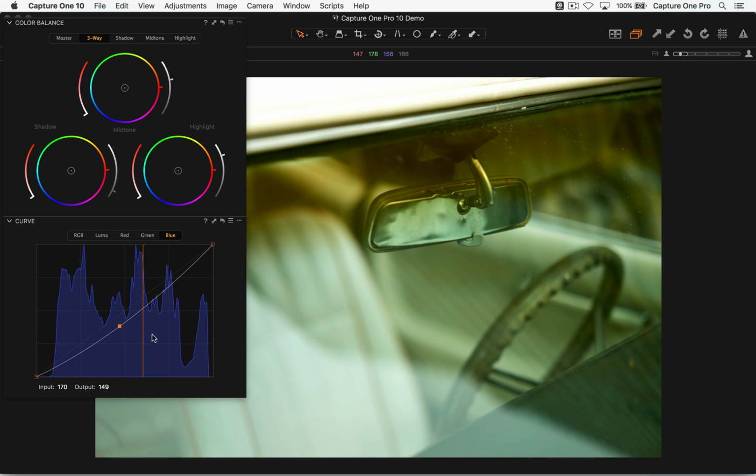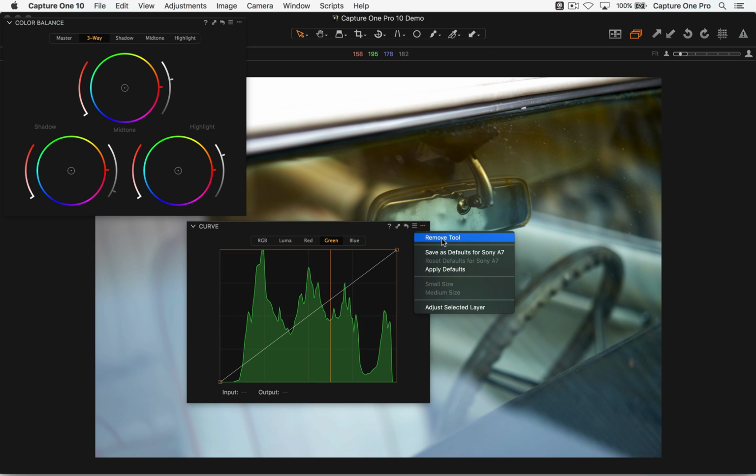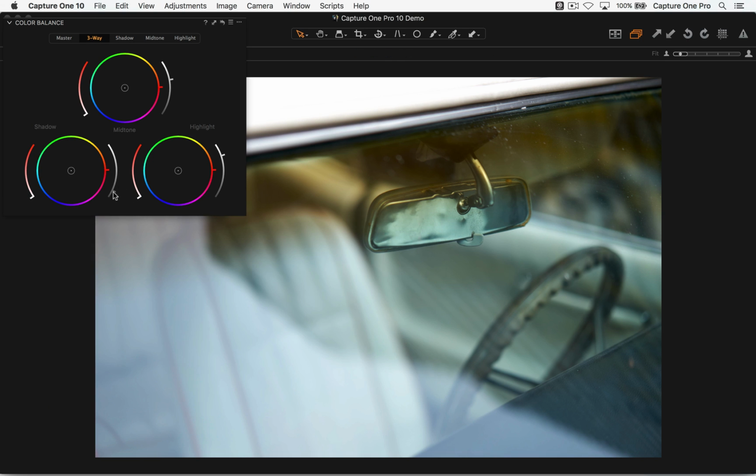So the two are intrinsically tied together, unfortunately, whereas in the color balance tool, color tint and density are two completely separate things. So it means the adjustments aren't working against each other. You can decide on tint and you can decide on density as two separate things. Using the curves tool, unfortunately, that is not the case. You will always affect one with the other. So let's reset that, take that away. So the color balance tool is much simpler to use, and gives you that separation between the actual color and the density as well.